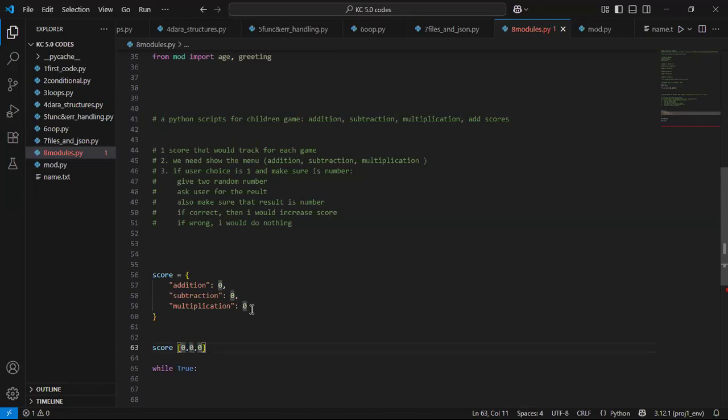So this one is more like a label. I label that this score is addition, this one here is multiplication, and this one here is subtraction. That way I don't need to keep at the back of my head what each score in the list represents. So that's why I choose dictionary. But if you can actually remember what each score in this list will stand for, then of course you can go for this. But I personally think that dictionary makes a lot of sense compared